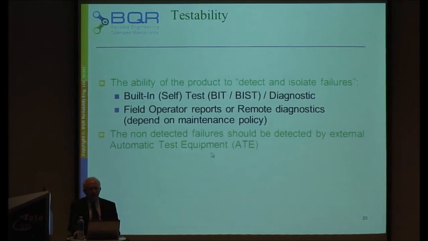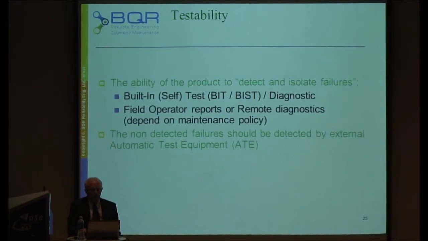The non-detected failures should be detected by external automatic test equipment. You cannot allow failures to be hidden. Once you find failure modes that the built-in test cannot detect, it means you will have a failure and you will not get any alarm that something is wrong. For example, with this pressure meter, the pressure is high and you get red, but the built-in test doesn't say anything. So you think it's okay, but up to it will explode. So the built-in test is very important